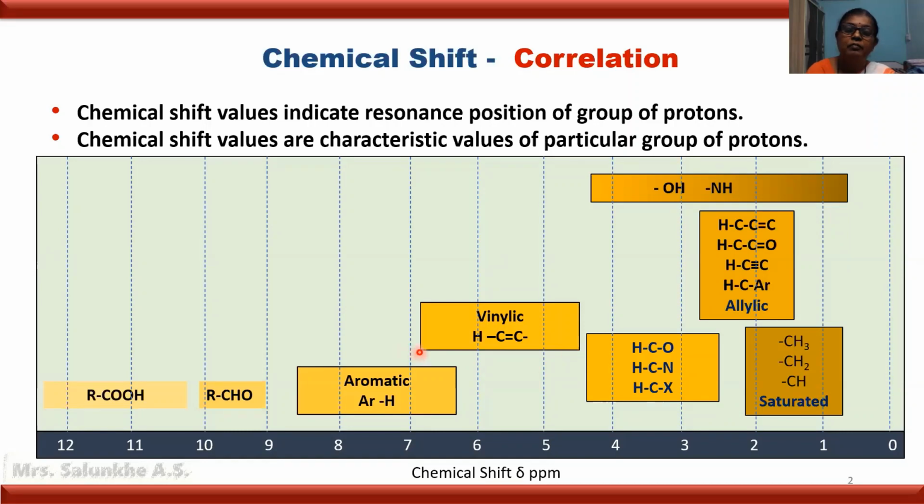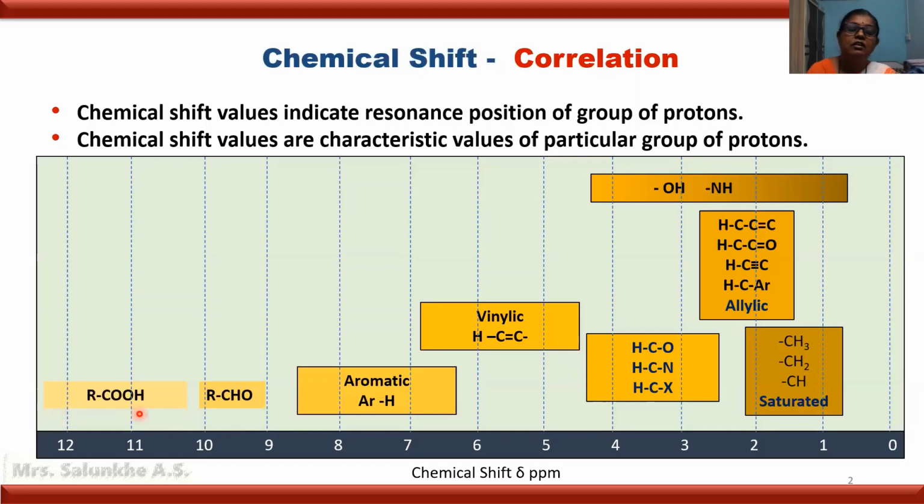6.8 delta. For aromatic protons, that is, protons present on an aromatic ring, for benzenoid aromatic compounds, the general range is from 7 to 8 delta. But for protons present on aromatic rings in general, the chemical shift range is from 6.4 to 8.5 delta. For an aldehyde proton, the chemical shift range is from 9 to 10 delta. And for carboxylic acid, the chemical shift range is from 10 to 13 delta.